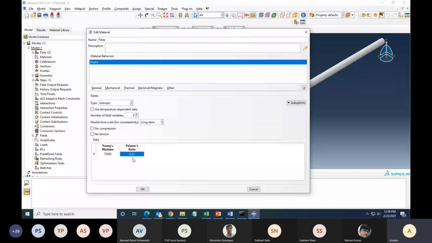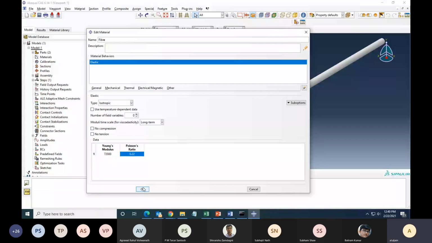So if I'm writing my modulus as 72,000 and I know that it is megapascal, then I have to make sure that the dimensions are in millimeters, that the load is in Newton, because 1 Newton per millimeter square is megapascal. Abaqus is just looking at numbers and solving differential equations in the background. It does not care what the unit is, whether it is physical, non-physical, nothing. So we'll say okay. Similarly, you can do thermal analysis. There are different electrical, magnetic, other, so many things. Let's do this. Okay.